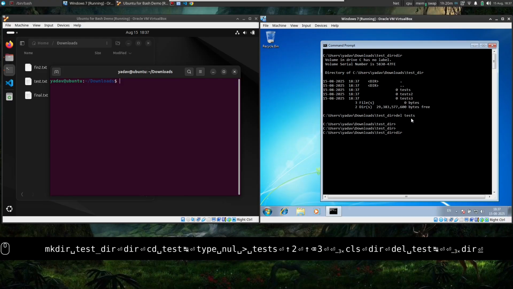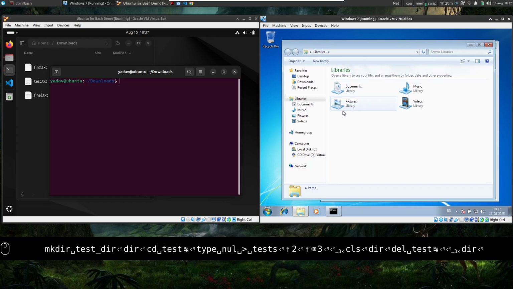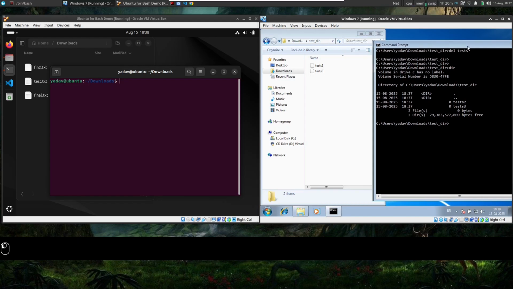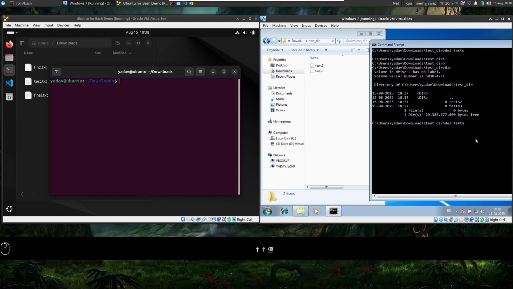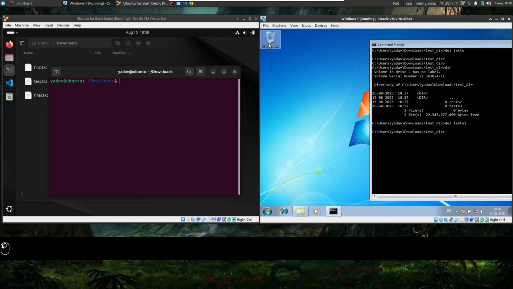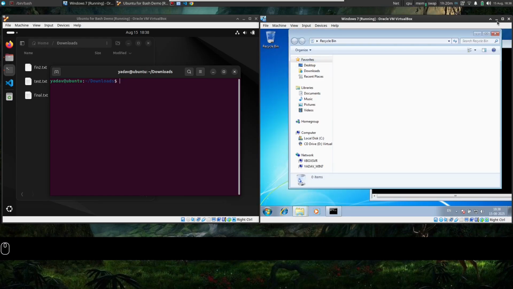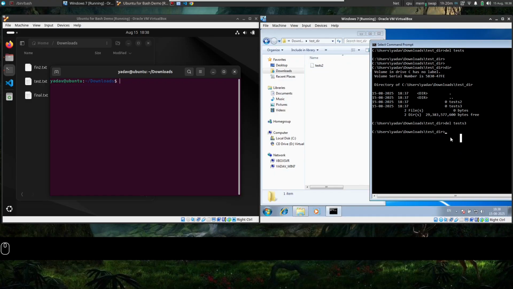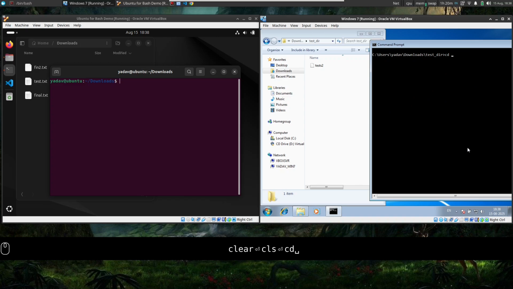Okay. Now what is the content? I'll show you the GUI parallelly so that you can understand better. If I do test3, you see this file got deleted, and it is not in the recycle bin. Okay, they got permanently deleted. With the terminal, when you delete files, for sure they are gone. Okay. If I want to delete the whole folder, I can navigate to the parent.